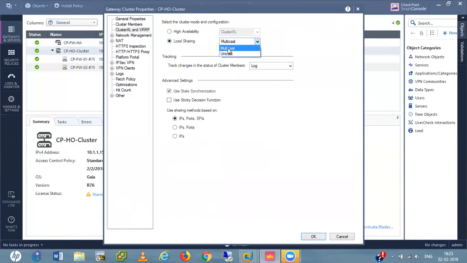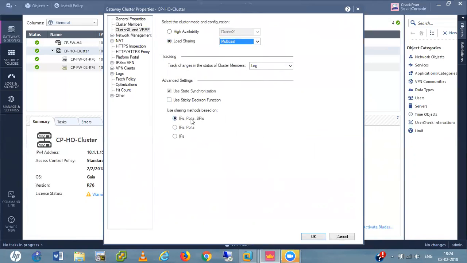First I am telling you multicast. In advanced settings, use state synchronization, which means state is synchronized, and they use a sharing method based on what you want to share: IP, ports, SPIs, or IP and ports. Generally I use the default.